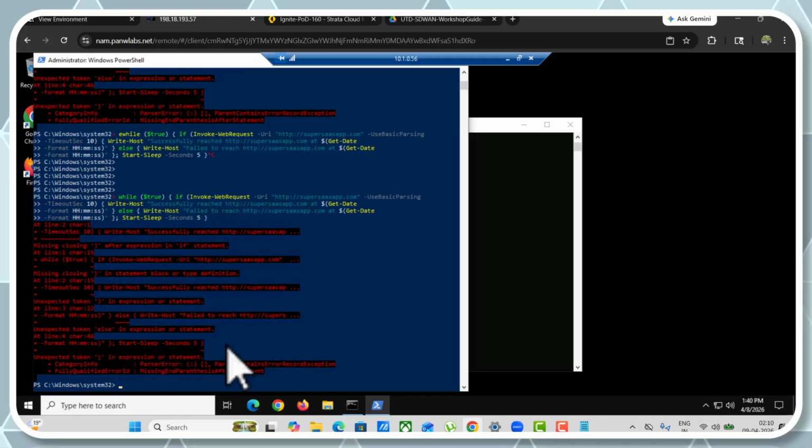Explain the error. PowerShell expects the entire condition inside the if. The command is not properly enclosed because of the missing part. Root cause simple: you missed the closing parenthesis. While true, if Invoke